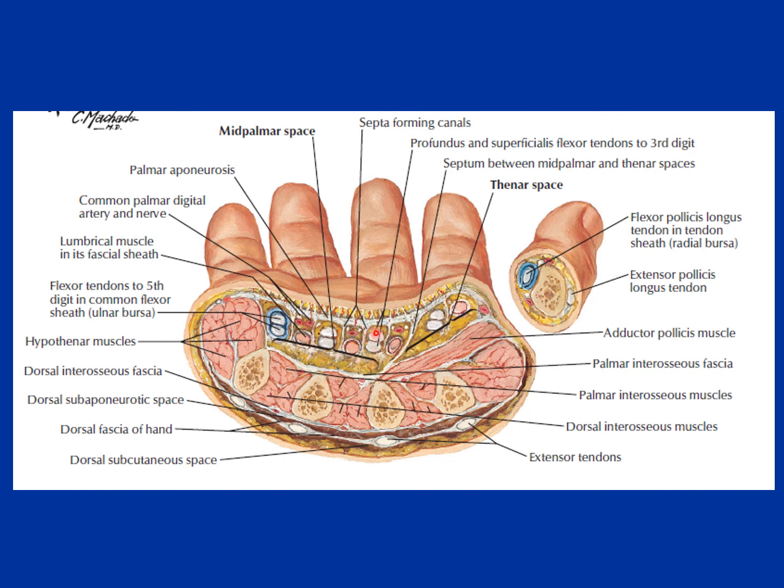Through these canals, which are covered by synovial membrane, synovial sheaths, as we have discussed previously. And this is adductor pollicis. This will be the thenar space, and this will be the common space, this one. Then we can see the metacarpal bones, and in between them we have the dorsal as well as palmar interossei. Behind them are the extensor tendons of the dorsal side as well as the skin.